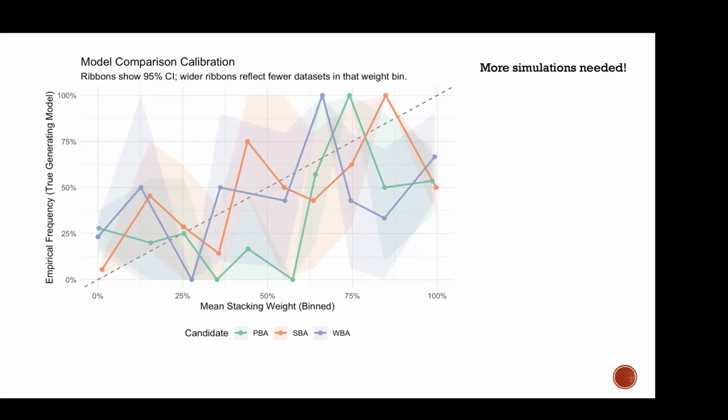With these few simulations, you can see that the uncertainty is all over the place, but I wanted to reiterate that I think it's a very cool tool to estimate model recovery. We see that it goes in the right direction, but it's kind of crap, right? Again, if I really cared about this for a paper, I would try to run, at the very least, 20 times more simulations, right?